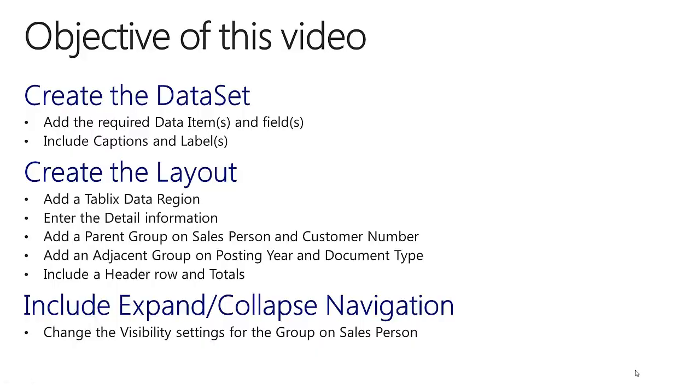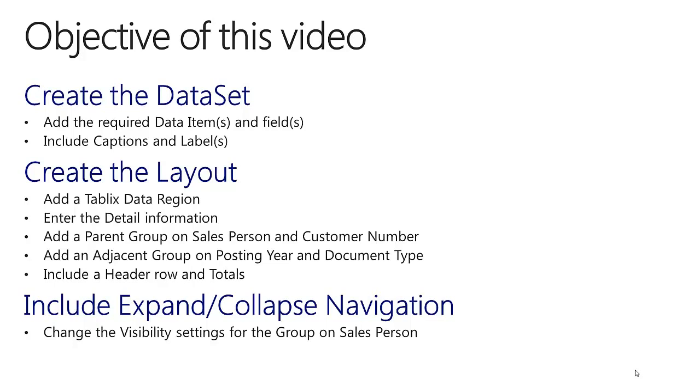We will create this report in 3 easy steps. First, we will create the dataset in the Report Dataset Designer. We will decide upon the required data items and fields and which captions and labels to include in the dataset. Then we will create the layout in Visual Studio Report Designer, where we will use the Tablix data region grouping